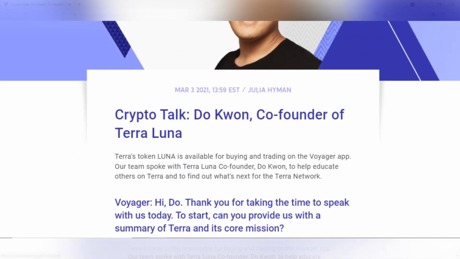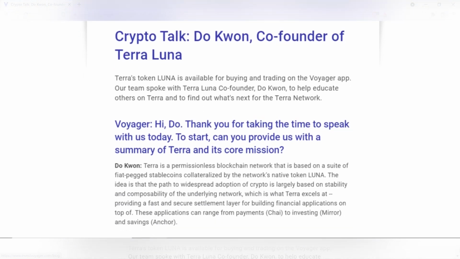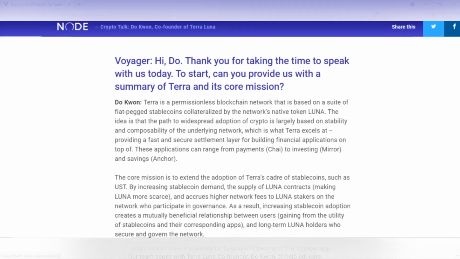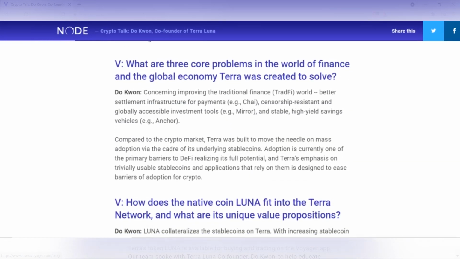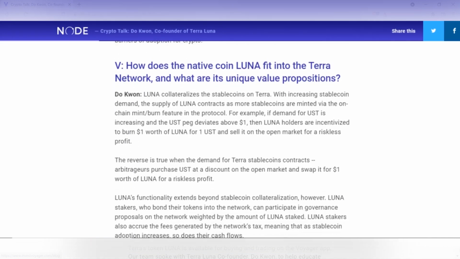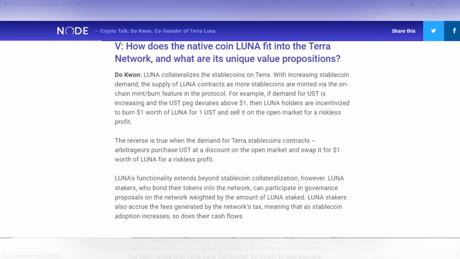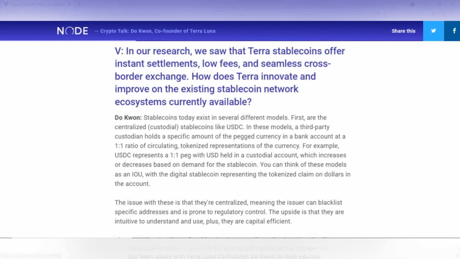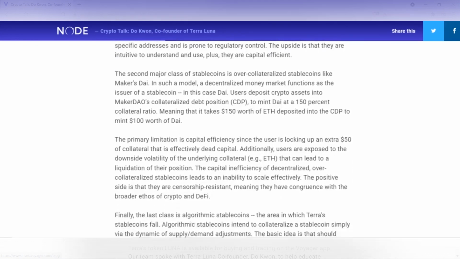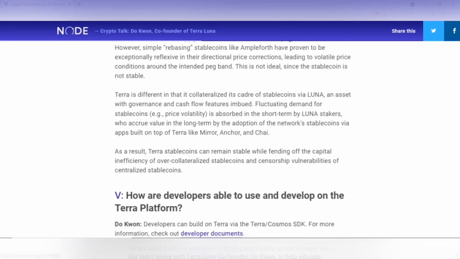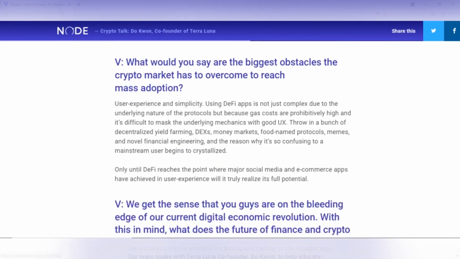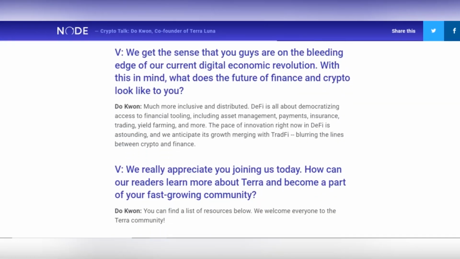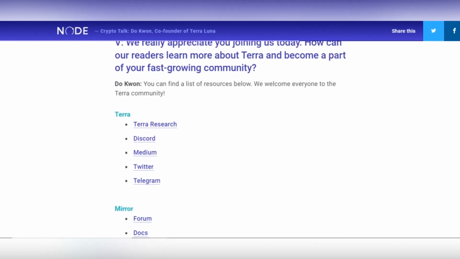Started in 2018 by business entrepreneur Daniel Shin and business partner Kwon, a computer scientist. The Terra blockchain was built by Terraform Labs, a software development conglomerate based in South Korea. The Terra mainnet went live April 2019. Terraform Labs is hiring in the United States, which I think is funny. Terra is built using Cosmos SDK and uses proof of stake on its nodes to process transactions.